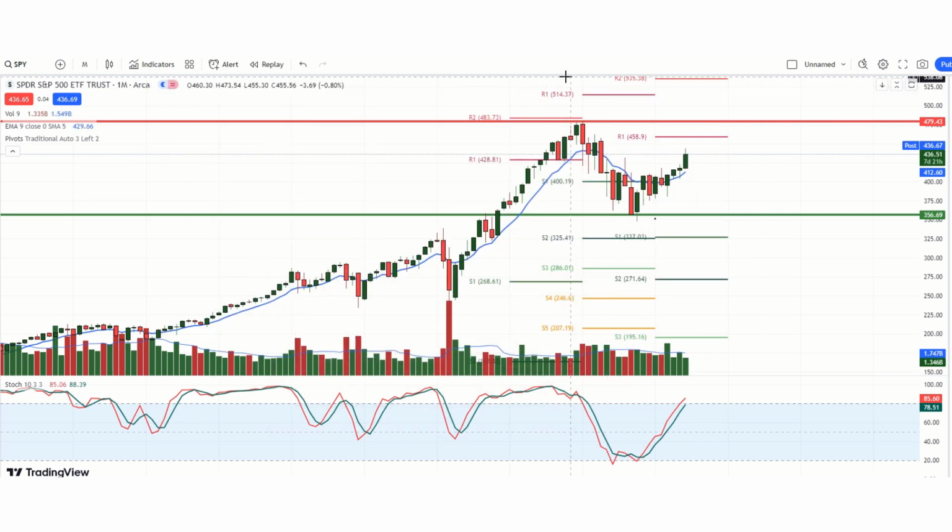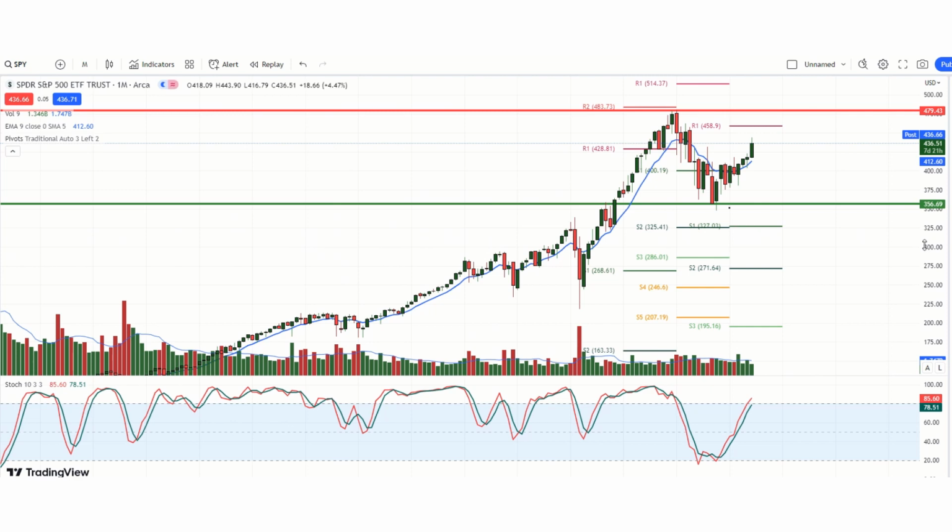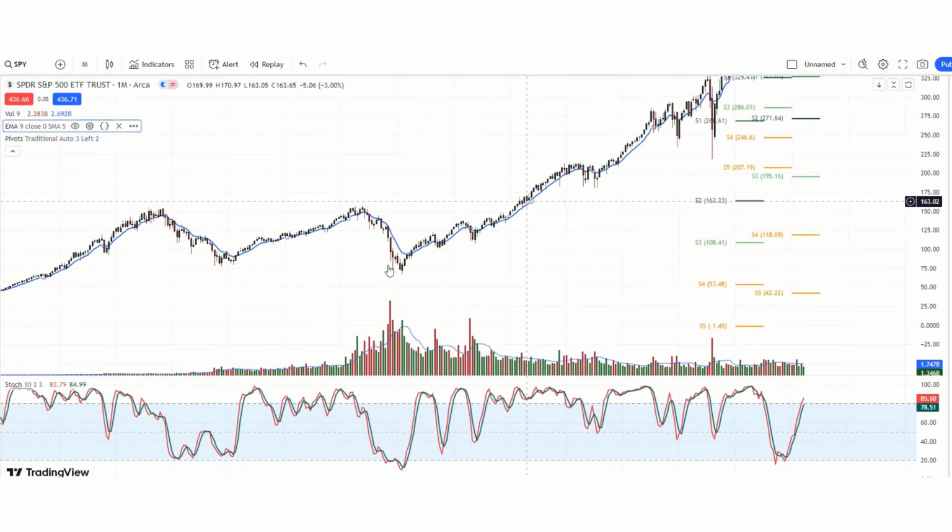So today, I want to show you something a little different. We're going to go over something, then we'll go over the market a little bit later. Today, we're going to go over stock market bubbles. This is a monthly chart, and I want to go over this with everybody because I want to show you what's going on in the big picture. We're going to take this back quite a while.